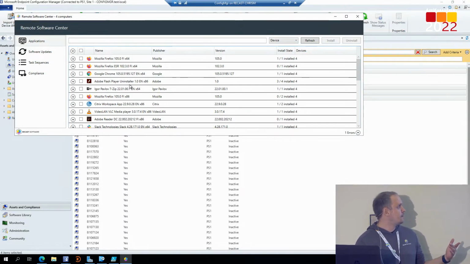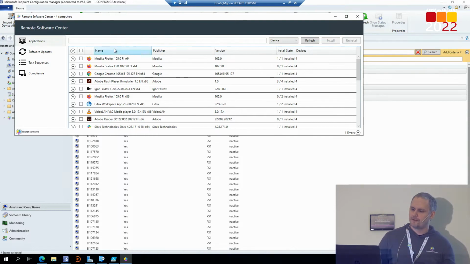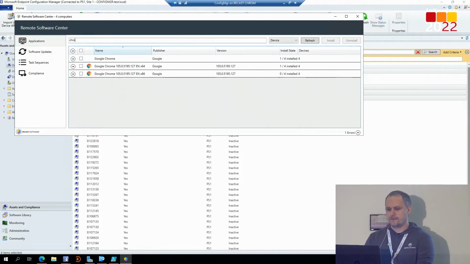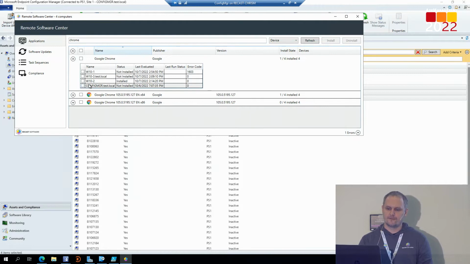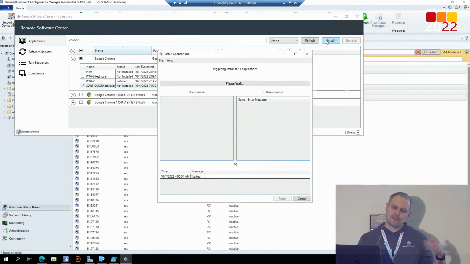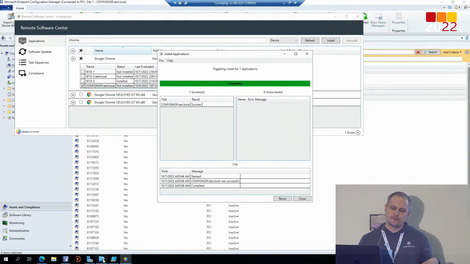But being able to interact with those devices at scale, right? So I'm interacting with the Software Center on multiple devices simultaneously. I'm listing all of the apps that are deployed in here. And if I choose to, I can come in to find Chrome, for example, and kick off the install right from this app, right? So I hit install here, and because we're using the same APIs that ConfigManager is using,